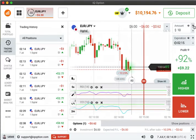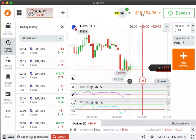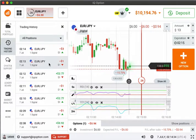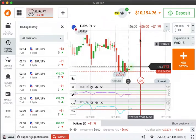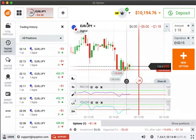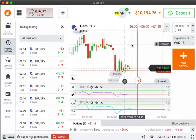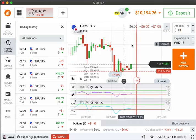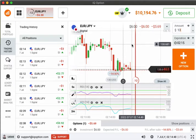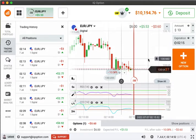So 6 losers, we do 13, right? And as you can see, even if this loser will be a 3 losing streak, we barely scratch our 10,000, right? And the idea is to have a lot of money to trade with. You have to understand that trading was made by the wealthy to make more wealth, not by the poor to try to increase wealth. It was made to increase an already